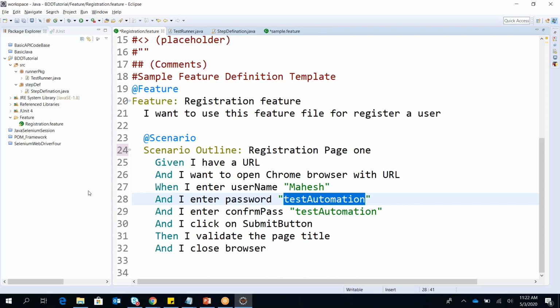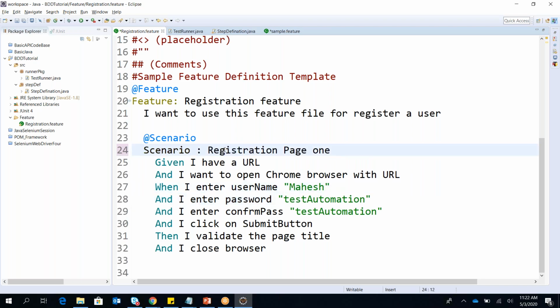So let's say now this is my... I wanted to enter user, password, and confirm password. Okay. So can I add these three things from my scenario outline? Or I can mention this now, a scenario. So let's try user. I'm just updating these things. Okay.